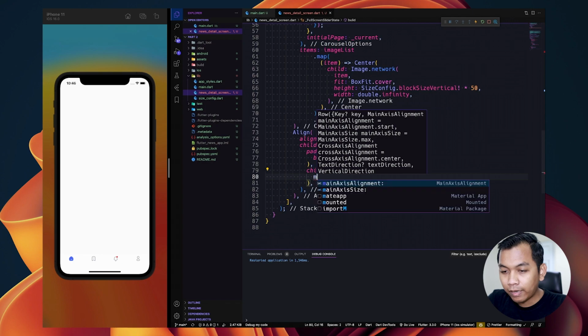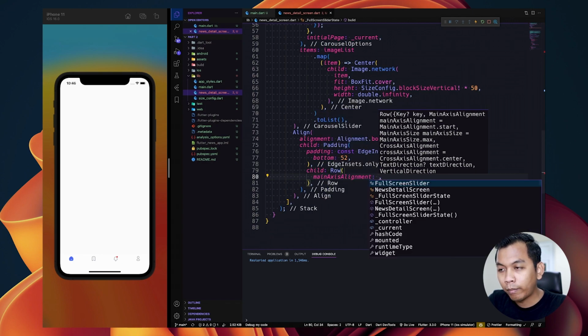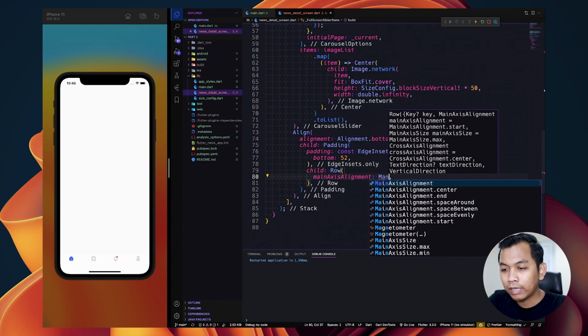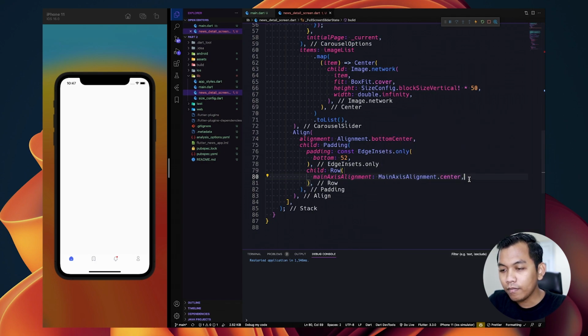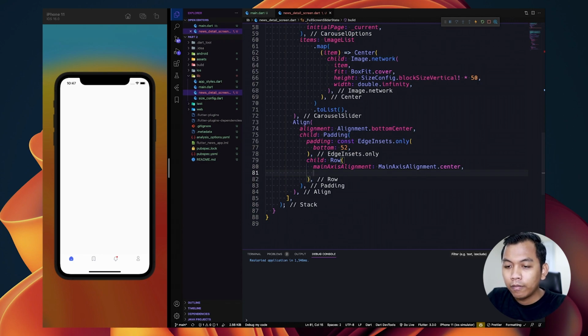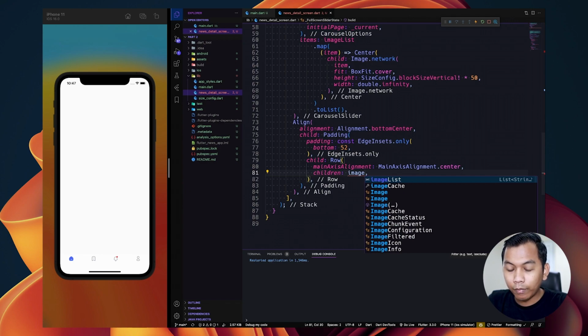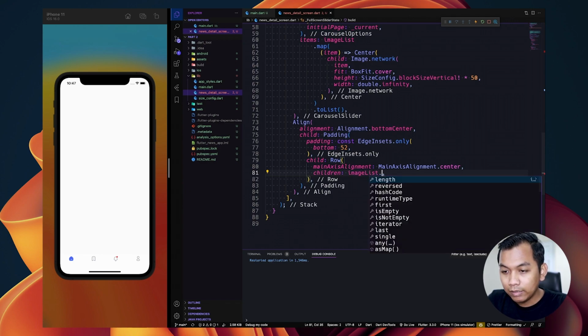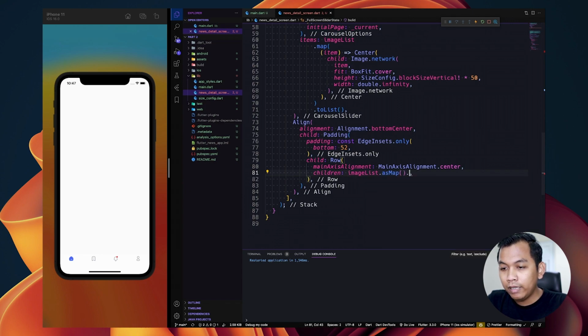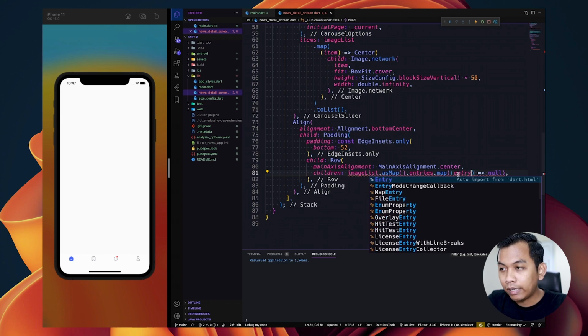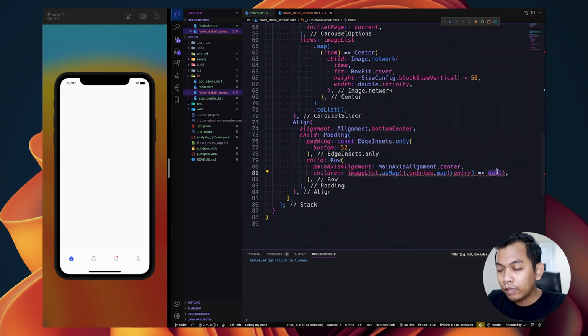It looks like this, and a row widget will have a main axis alignment parameter, so we can set it to center. And again, a row widget also has a children parameter, so we need to read from the image list, then map, and here we map the entries, and we call this entry, and we need to return something here.